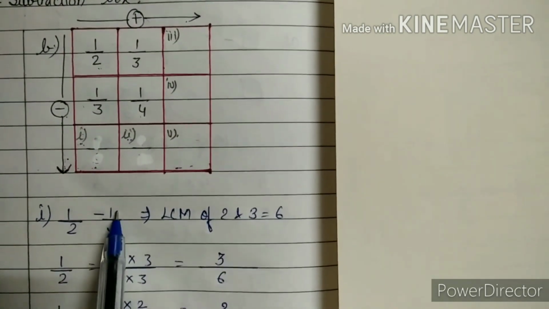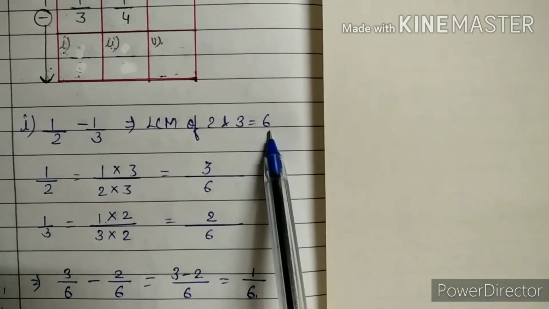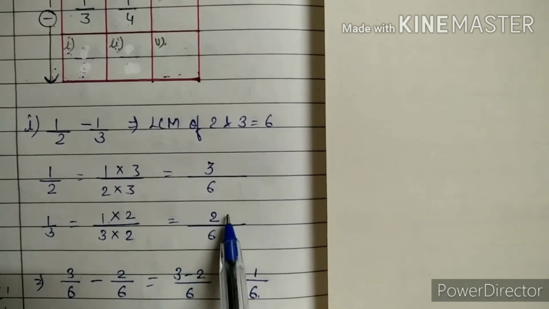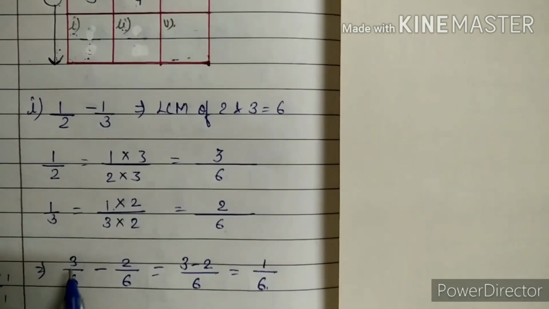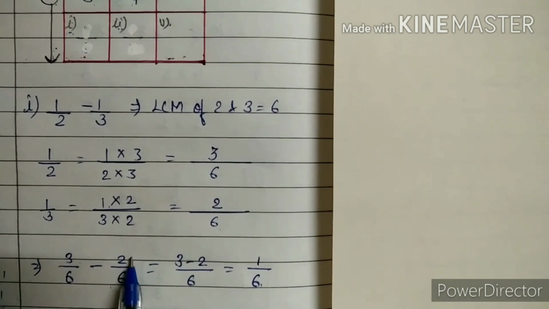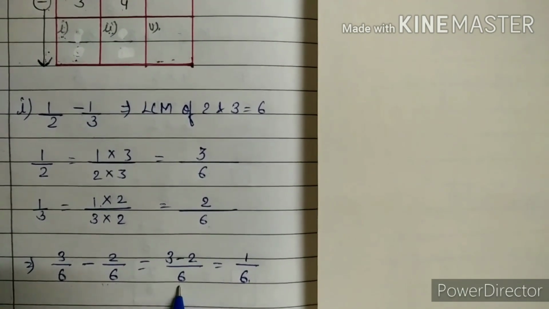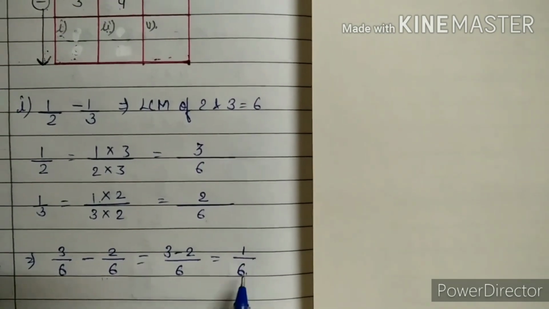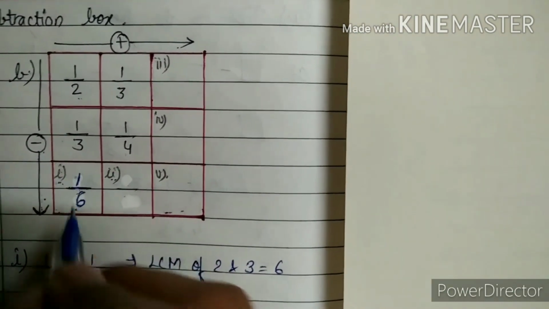So 1 by 2 minus 1 by 3, different denominators, that's why we have to take their LCM. LCM is 6. So 1 by 2 is changed into 3 by 6, and 1 by 3 is changed into 2 by 6. So we will put their values in the places. 1 by 2 is 3 by 6 minus 1 by 3 as 2 by 6. Same denominators, so they will combine the denominator as a single time only. 3 minus 2 is 1, denominator is the same. So 1 by 6 is the value of the first. Here in the place of first we will write 1 by 6.